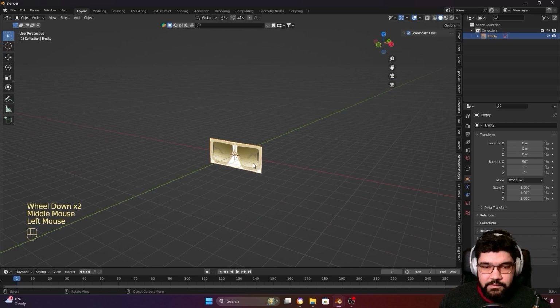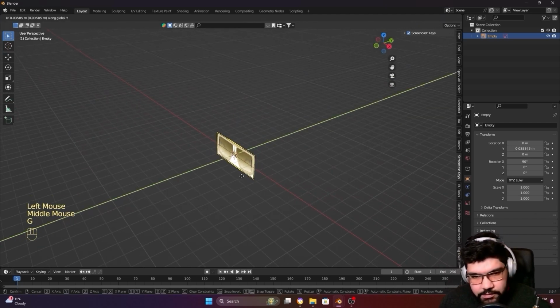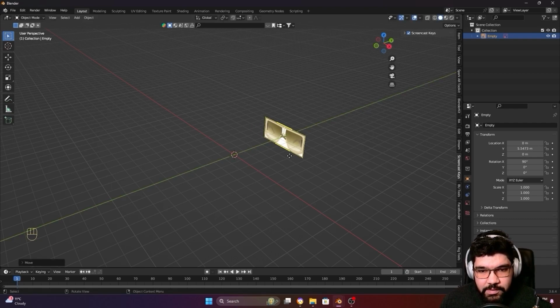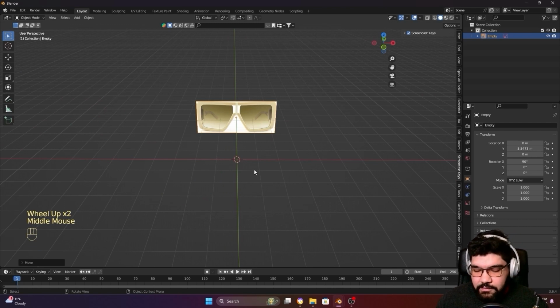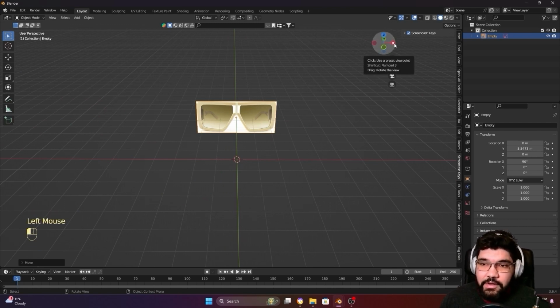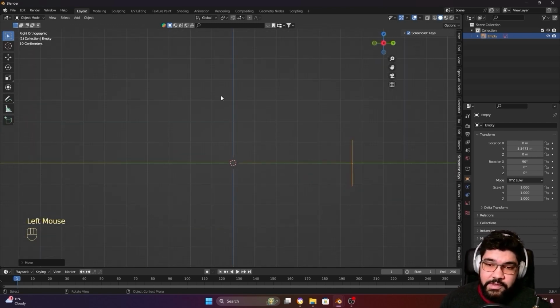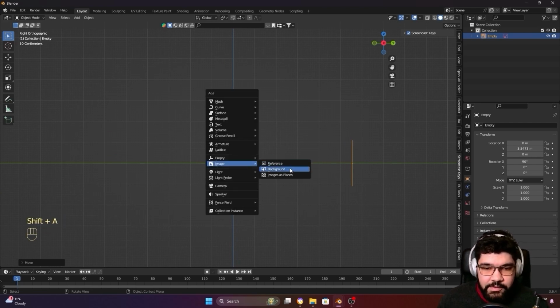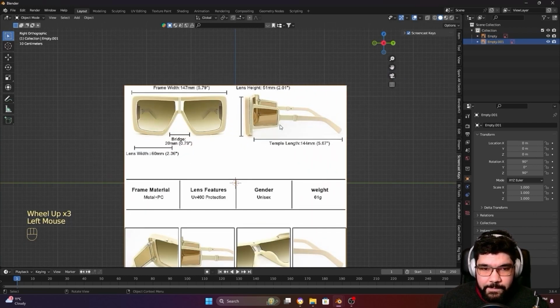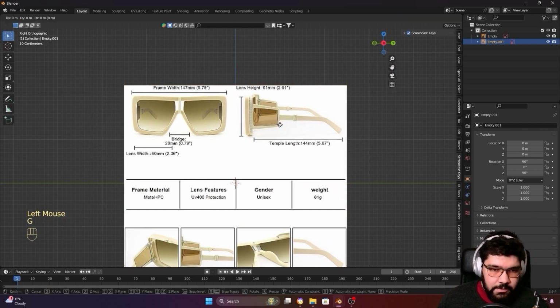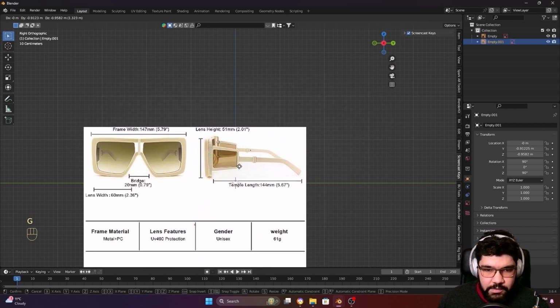So we have this one here. Let's position it a little bit back here. Now let's go to the side view. To go to the side view, you can click on the X, or you can press 3 on the numpad. So Shift A, let's import the side view reference image. I'm going to use this one here. Let me position